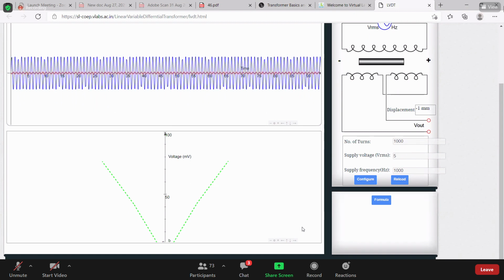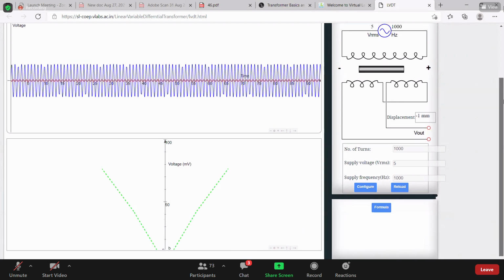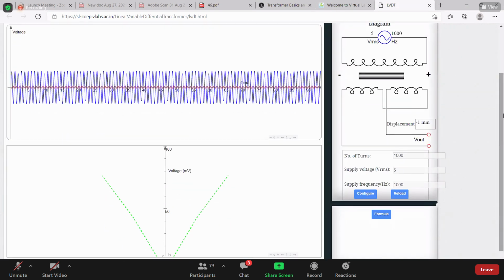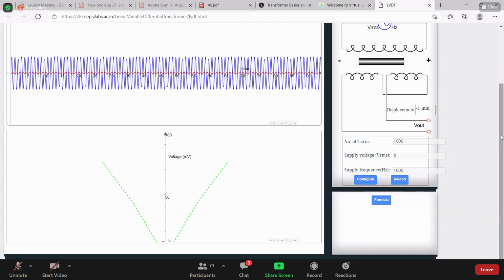Sir, it converts displacement into electrical energy. Explain the construction and procedure. Sir, the armature is used to change the displacement, and